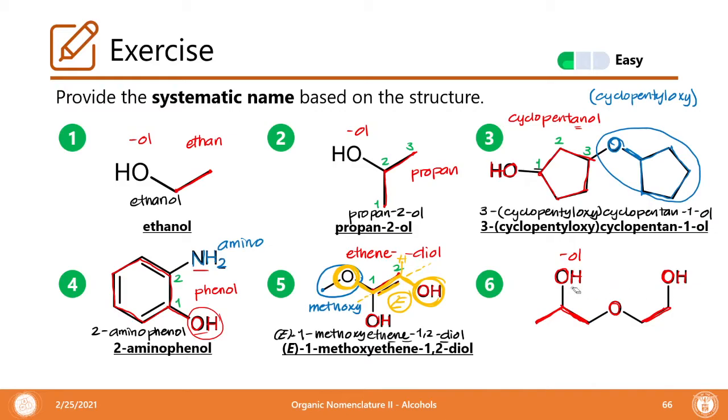So now we have two equal alcohols. What will be the tiebreaker for this is which parent chain is the longest. So in this case, this is a propyl or propane parent chain, while this is just an ethane parent chain. So this will not be our parent chain. So this would be a propanol. Okay. And then